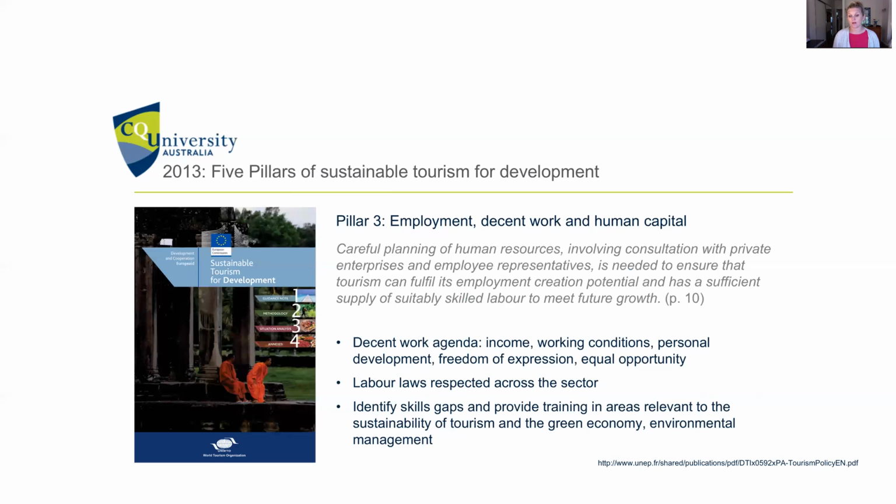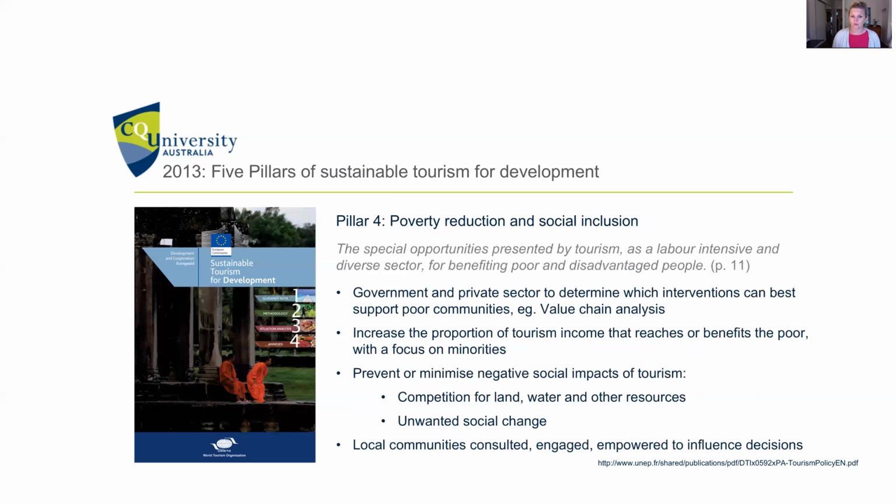Identify skills gaps and provide training in areas relevant to the sustainability of tourism and the green economy. Environmental management, so also providing skills, increasing your human capital, your ability to interpret and understand the environment. Pillar 4, poverty reduction and social inclusion. So some of these previous pillars are now contributing to this pillar. The special opportunities presented by tourism as a labour-intensive and diverse sector for benefiting poor and disadvantaged people. Government and private sector to determine which interventions can best support poor communities, such as value chain analysis. Value chain analysis is about